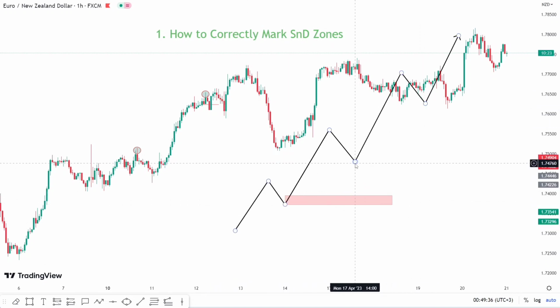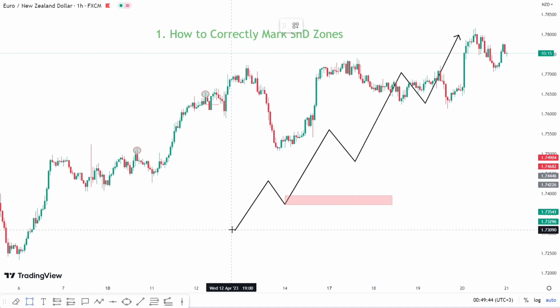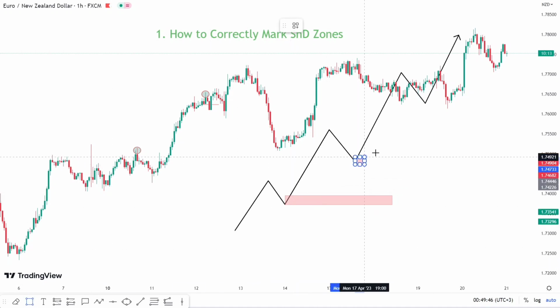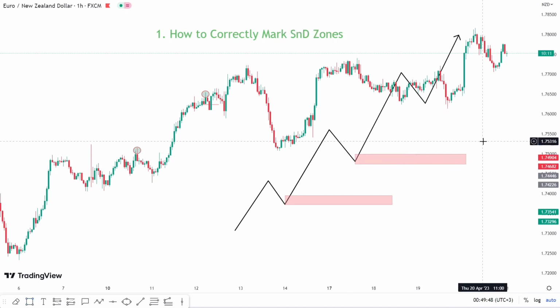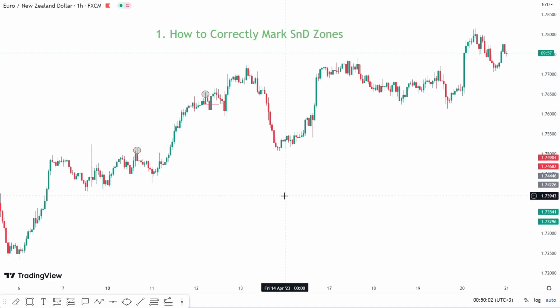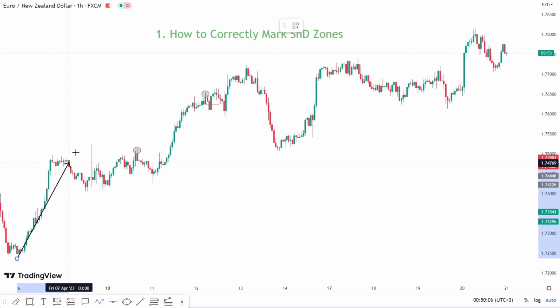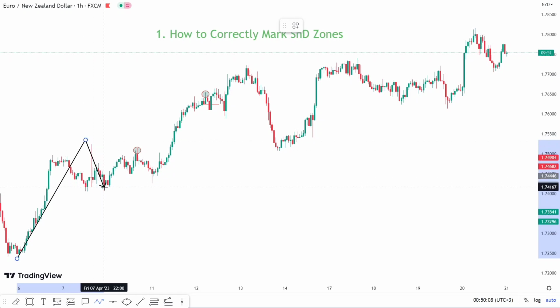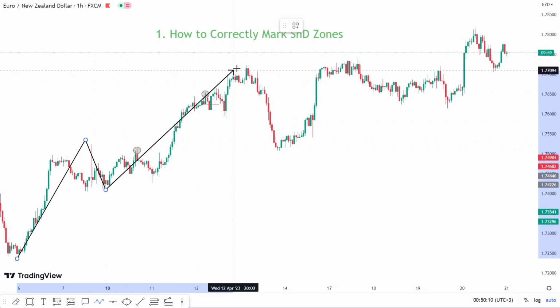As long as we have the series of higher highs and lows, the demand zone keeps on forming at this place, and it keeps on moving up because this is our demand one, demand two, demand three. So the more the higher highs and higher lows, the higher the zone is also moving upwards. So practical example, we do have a series of higher highs and higher lows here. If you check,